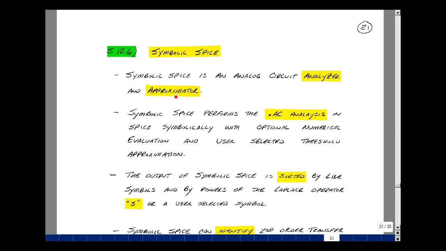Symbolic Splice is a software package that is an analog circuit analyzer and approximator. Symbolic Splice performs the .ac analysis in Splice symbolically, but also has an optional numerical evaluation, and you can also set a user threshold to do approximations. The output of S-Splice is sorted by like symbols and by powers of the Laplace operator S, or by a user-specified